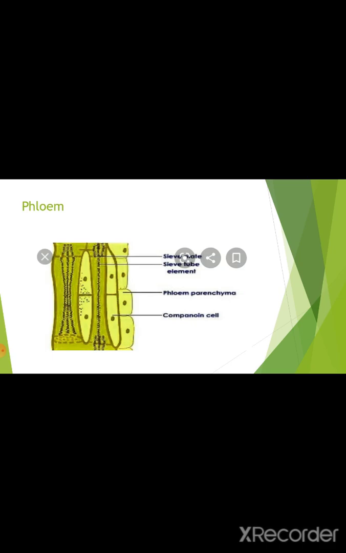The cells are placed end to end. They form a tube-like structure. Functions of phloem. It transports food from the leaves to all the parts of the plant. Food is transported in both upward and downward direction. Do you know? Jute, hemp and flax are phloem fibers. They are used for making ropes.